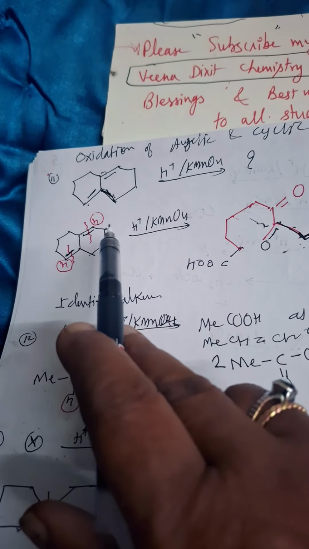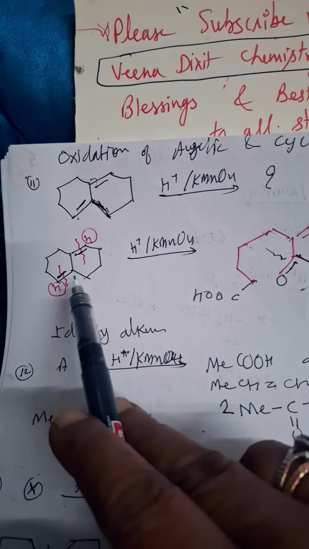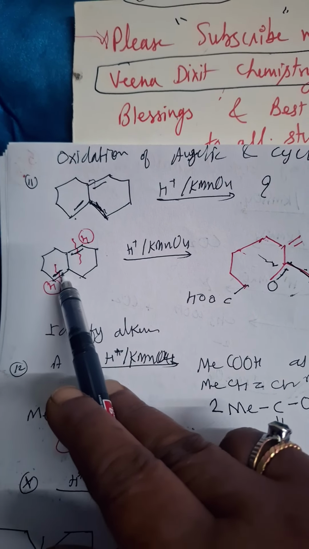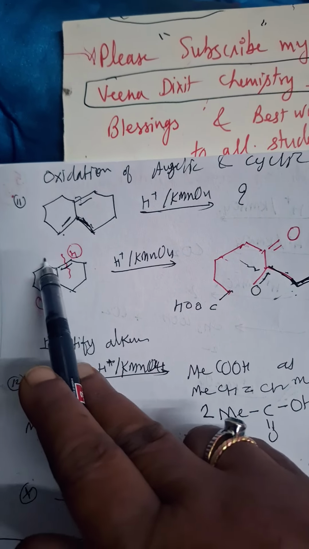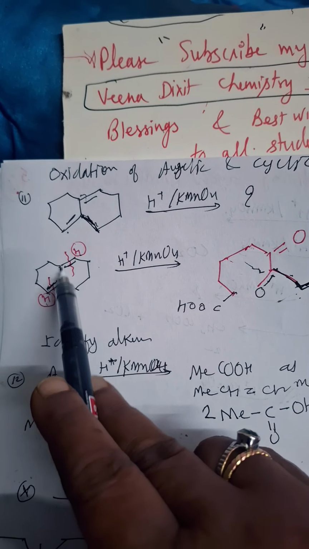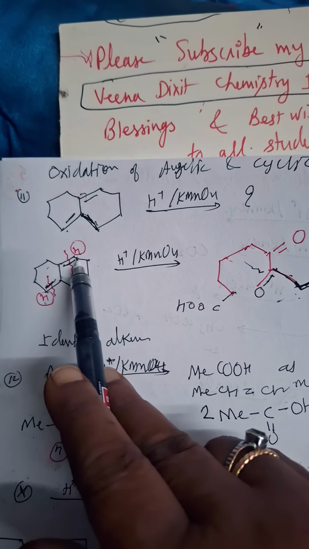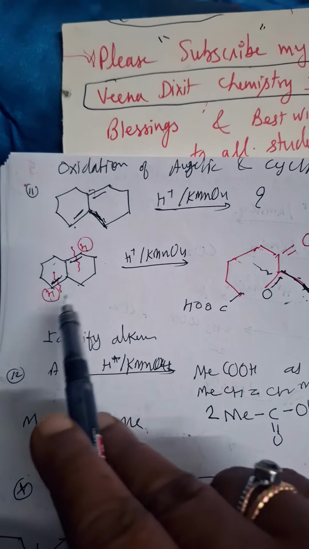So again I will repeat. Draw this structure first and see which carbon is having hydrogen and which is not having hydrogen. So here C double bond. So here CH will be there and CH2, CH2, CH2. Here C and this is a double bond carbon, carbon, carbon. So there is no hydrogen. And this carbon is having hydrogen. The CH, CH2, CH2 like this.